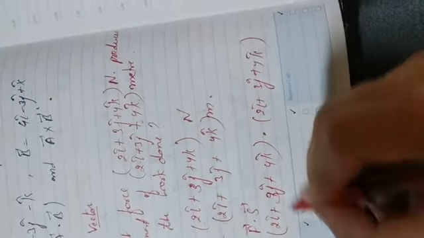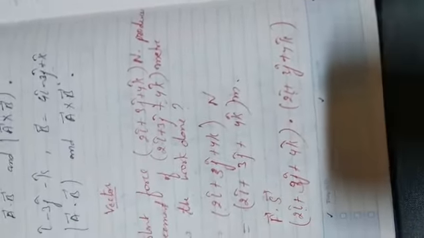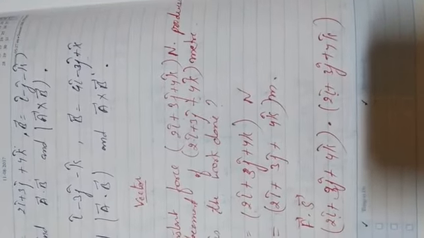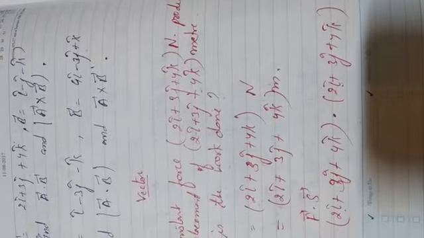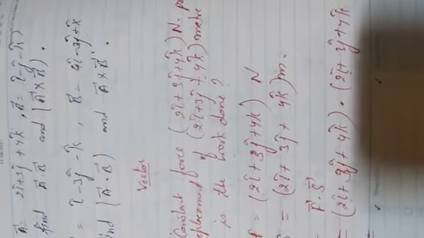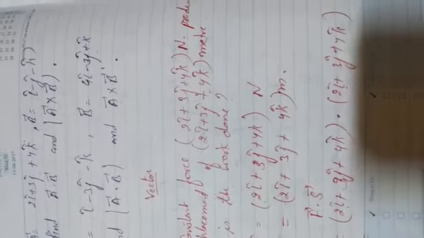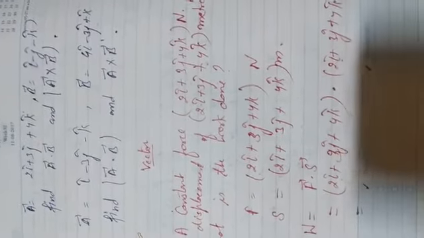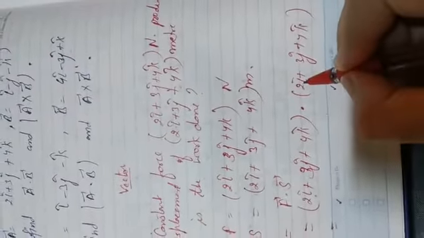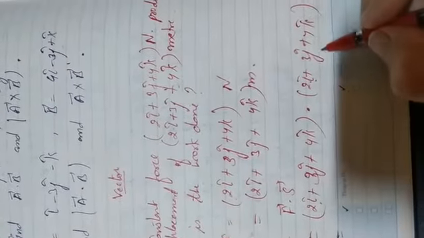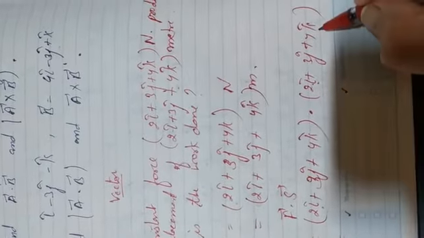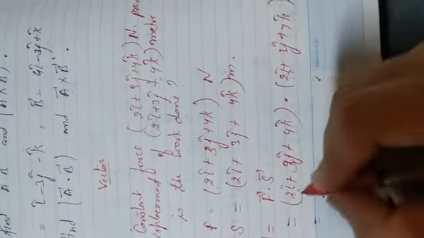Now we will take I dot I. You have learnt that table. If you have learnt it, then you can solve it, otherwise you can't, because I told you yesterday also that I dot I is 1, j dot j is 1, k dot k is 1, and the remaining terms will be 0. So I dot I is 1, I dot j is 0, I dot k is 0. So first we will solve this one.